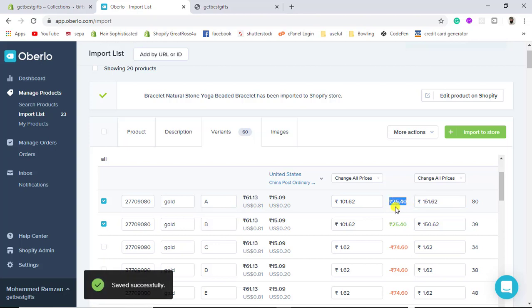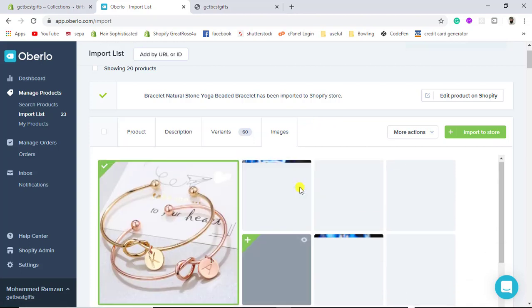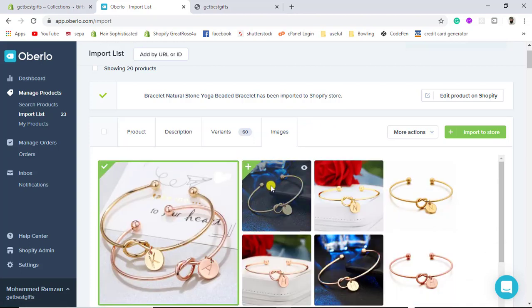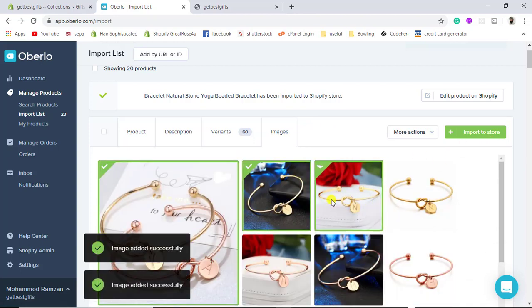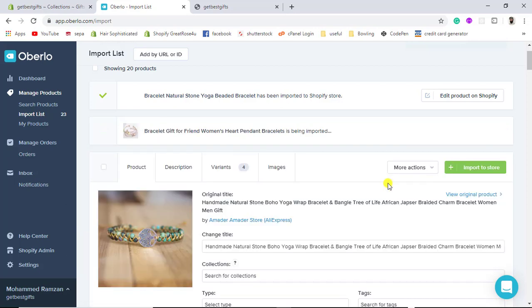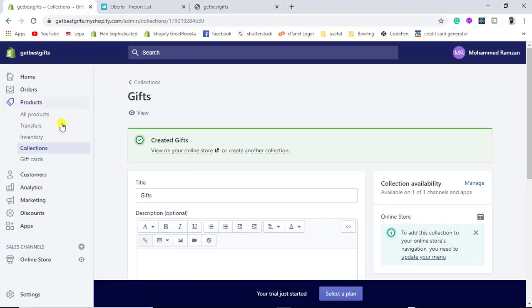So that means 25 rupees we are getting as a benefit. All right, then we have to click on images, and we have to select a few images from here. For example, I'm going to select 2 images. Then we have to click on import. So if you will see on the collection here,